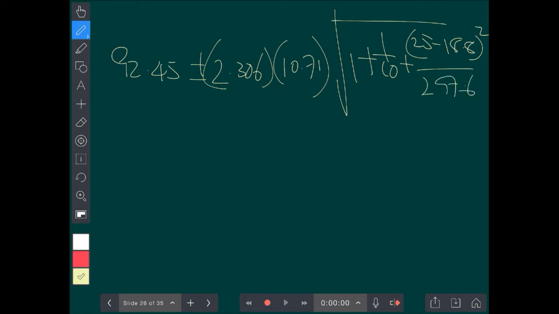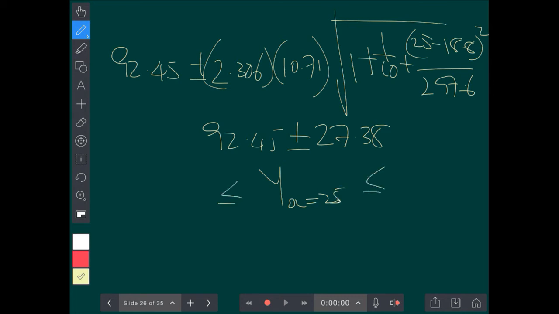And in that case, we got the following: 92.45 plus or minus, and the margin of error is much bigger in this case because of the 1, 27.38, which gives us that the actual value of y when x is equal to 25